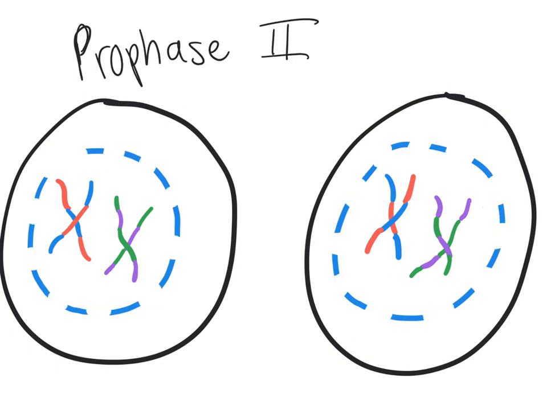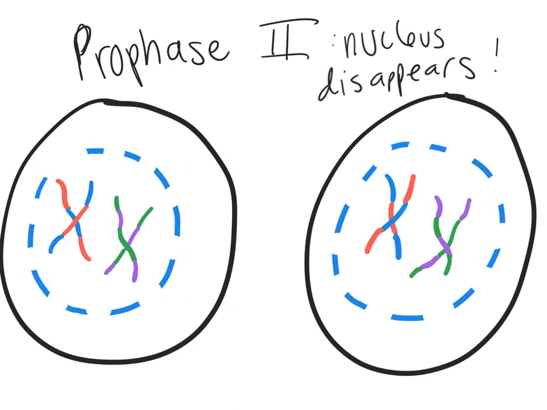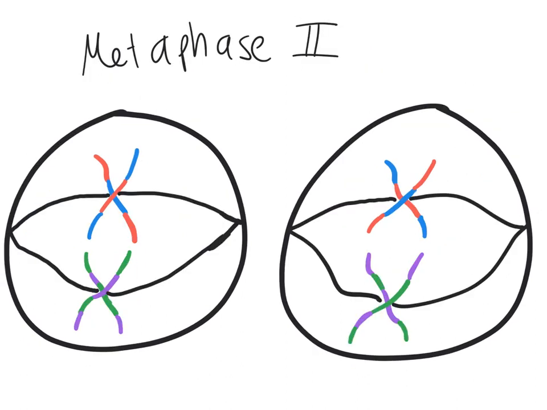So all that's really going to happen in prophase 2 is that the nucleus starts to disappear and the cell gets ready for division again. It's honestly a pretty uneventful step. The reason why we have to get rid of the nucleus is because it would get in the way of the chromosomes moving to the center of the cell, which is actually the next step. So in metaphase 2, in both cells we just created in meiosis 1, we're going to see the sister chromatids line up in the center of the cell.